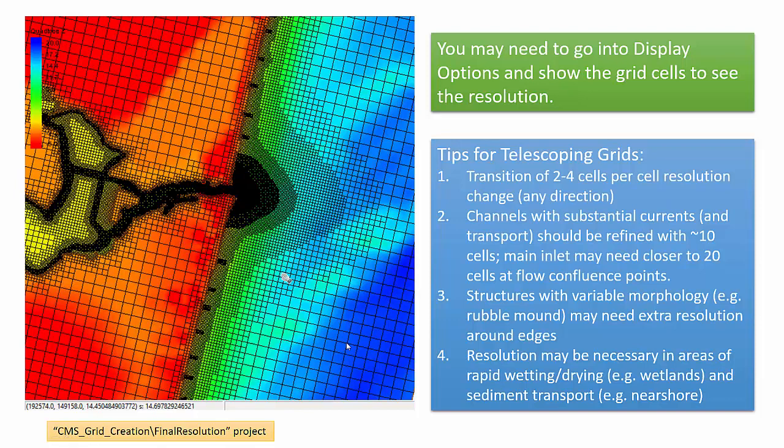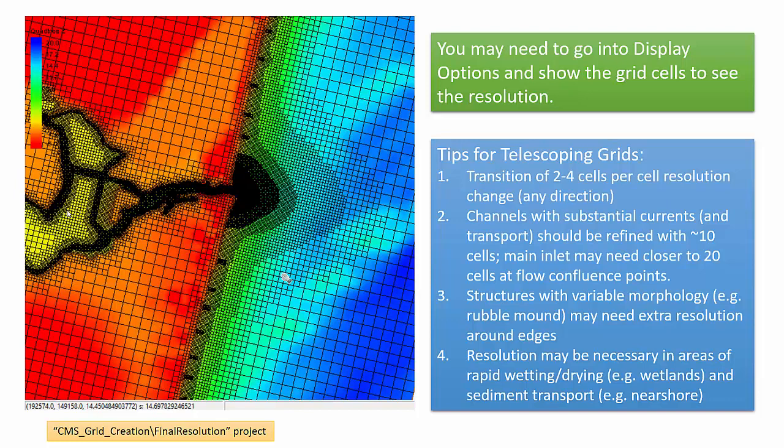It's not as important in some other areas, like showing here for the land. It's just gone from what I've defined out here all the way up, and it's quickly going. But these cells are never in the computation, so we don't have to worry about it. We do have to worry about it in areas with water. So just be aware of those transition areas and make sure you have adequate resolution to have the processes